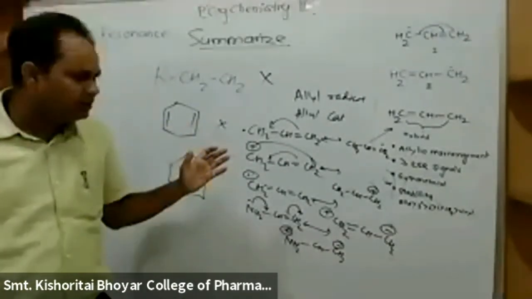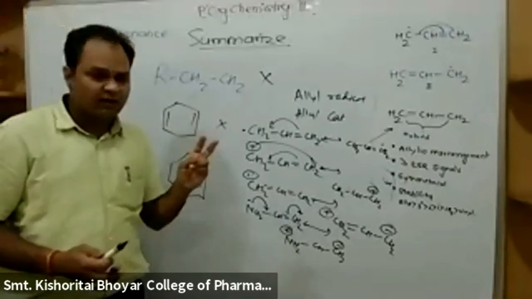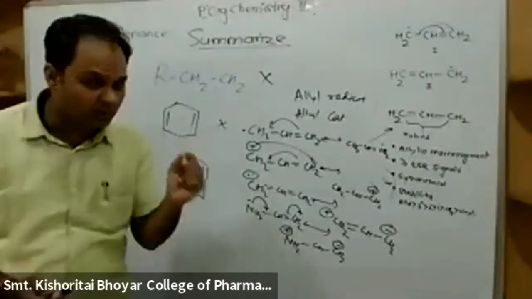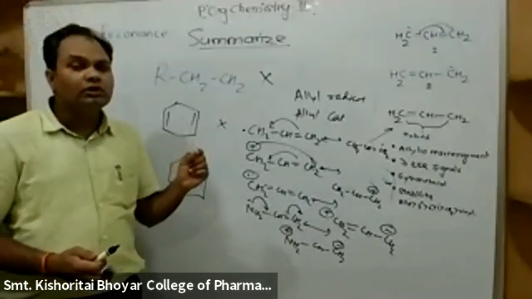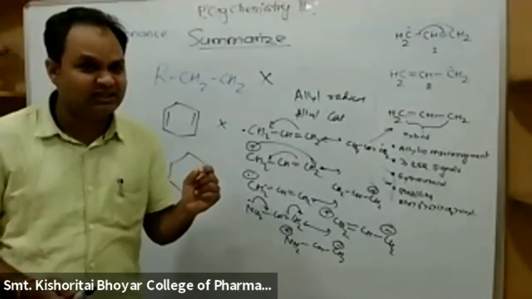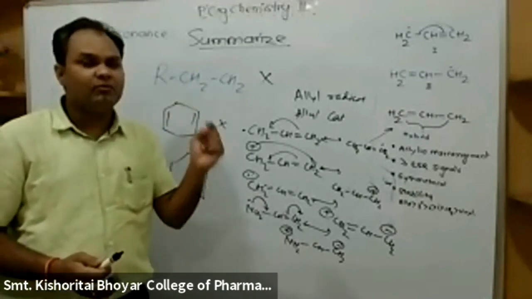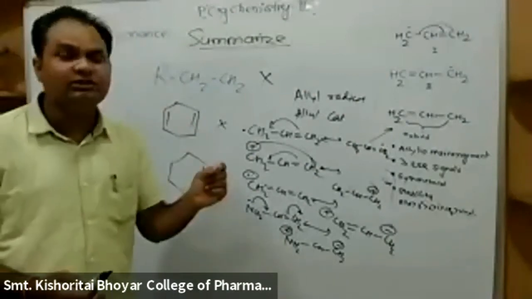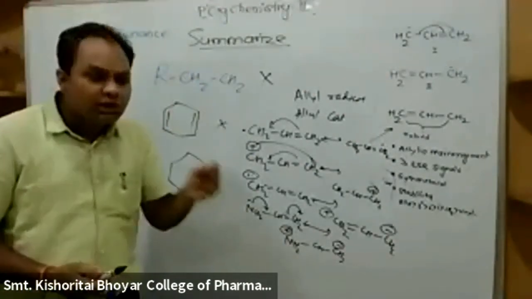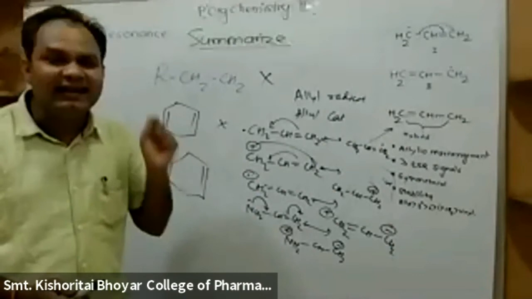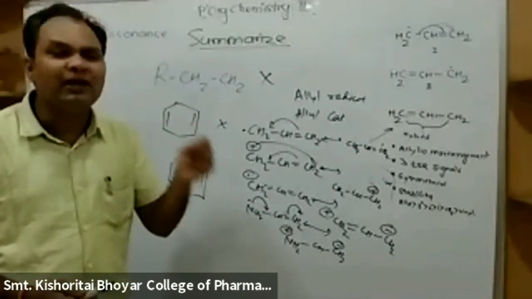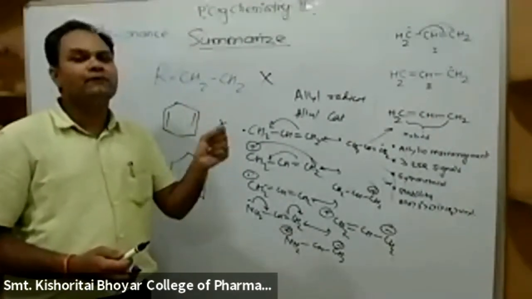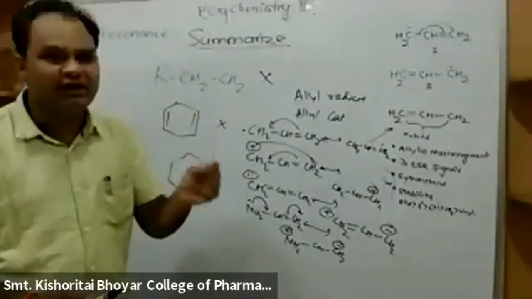So finally, which type of molecule shows resonance? Again, it is very simple. The molecule must have pi electrons, or possess a lone pair of electrons. Second, the molecule should have a conjugated system. Okay, this is a mandatory requirement for resonance. So the molecule must contain pi electrons or a lone pair of electrons. Second requirement, the molecule should be a conjugated one.